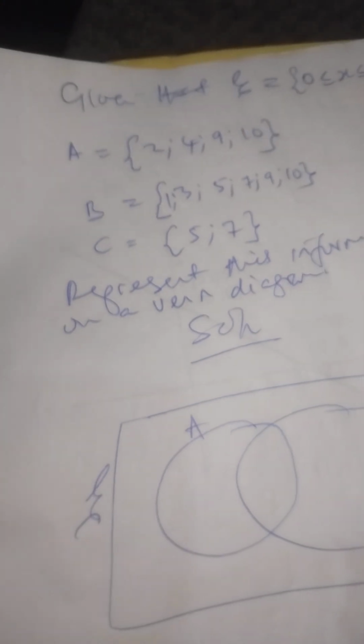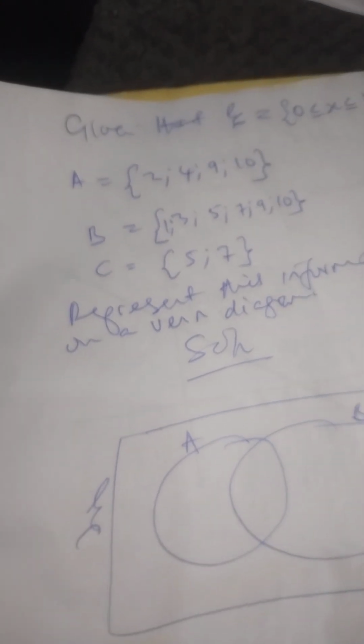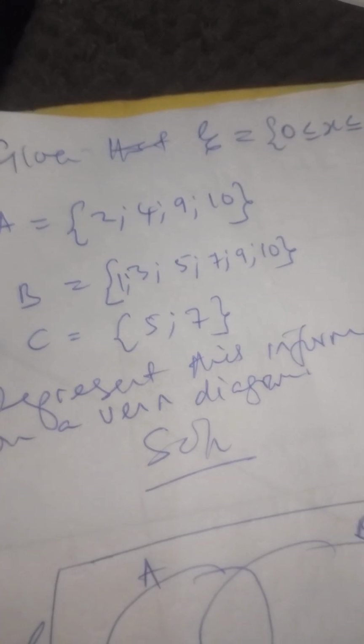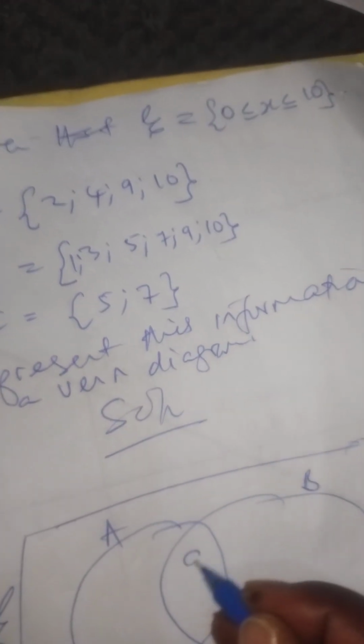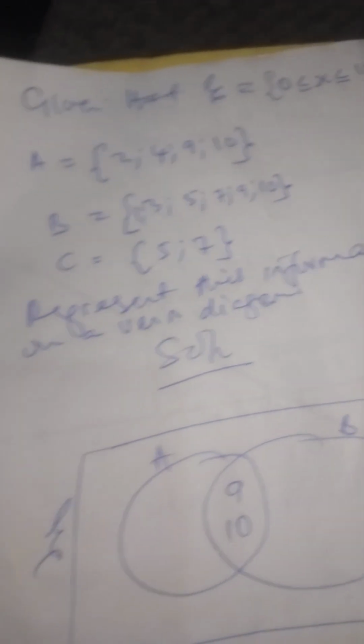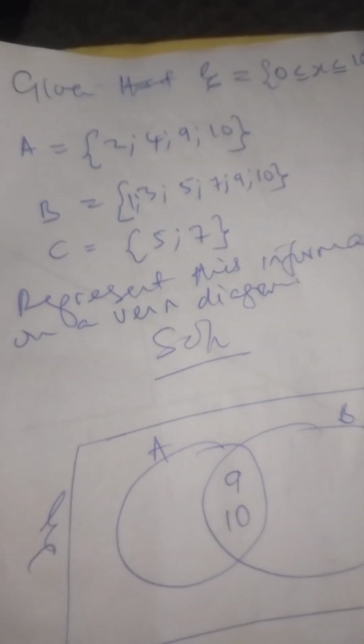So we have A and B. Can you check? A and B, we have 9, we have 10. Is it fine? Then we come to